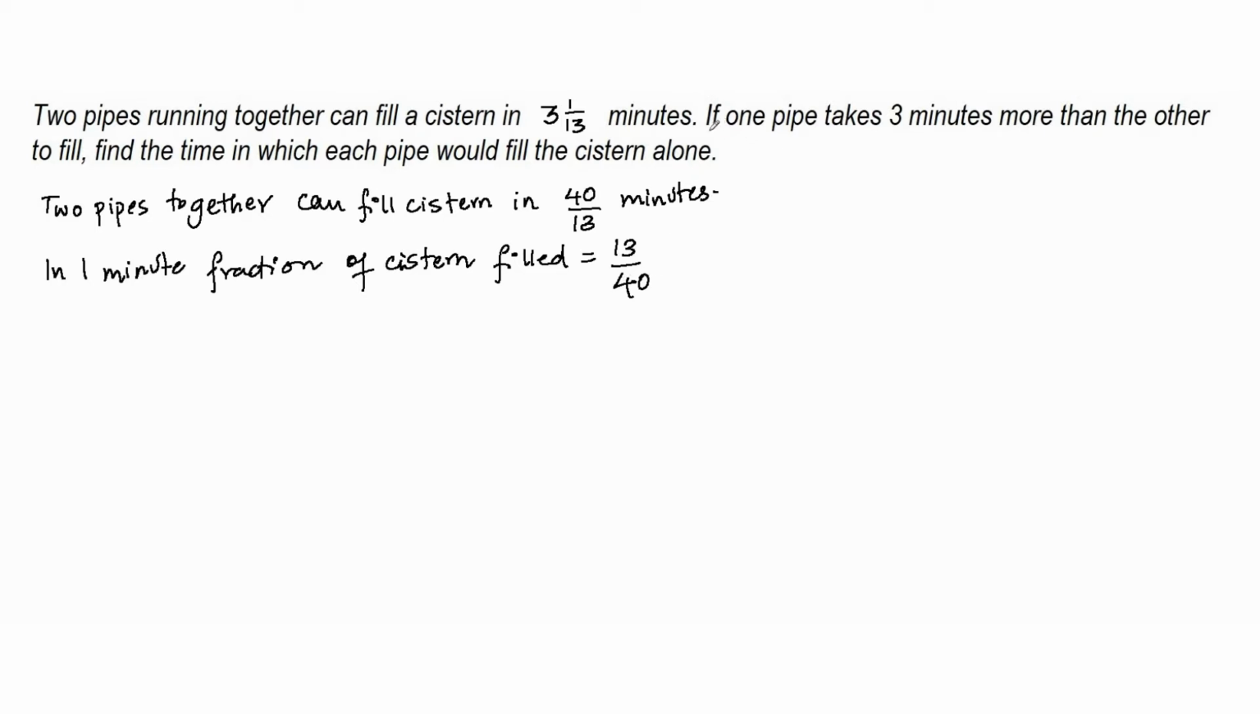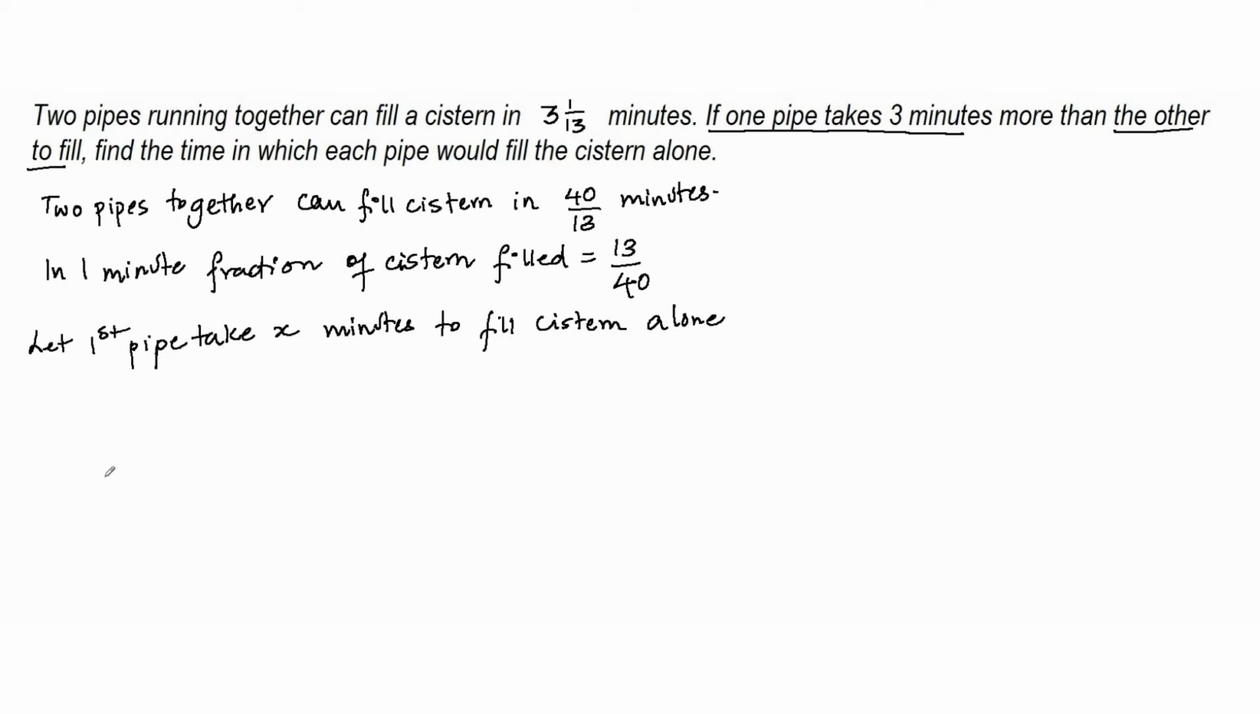said that if one pipe takes 3 minutes more than the other to fill the tank, so let us assume that let the first pipe take x minutes to fill the whole cistern, alone. Now it is given that one pipe takes 3 minutes more than the other, so I can say that let the second pipe take 3 minutes more, that is take x plus 3 minutes to fill the cistern,